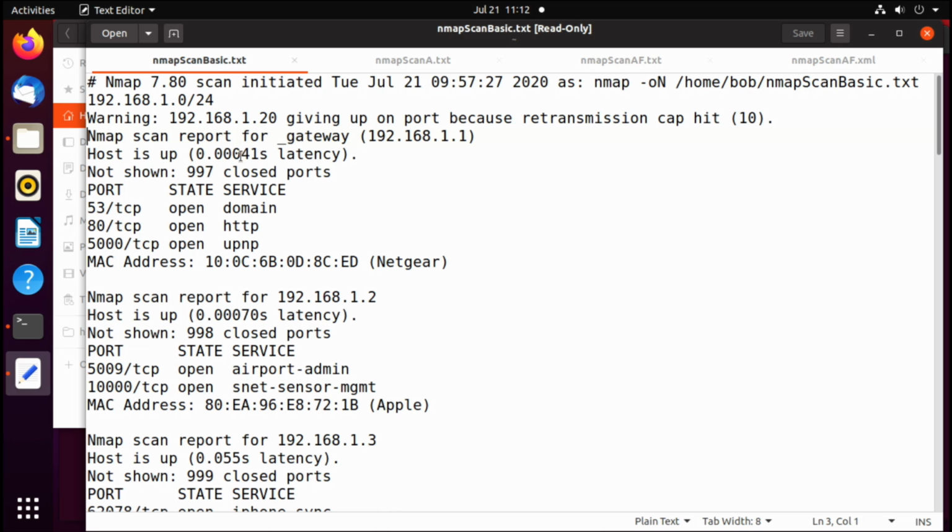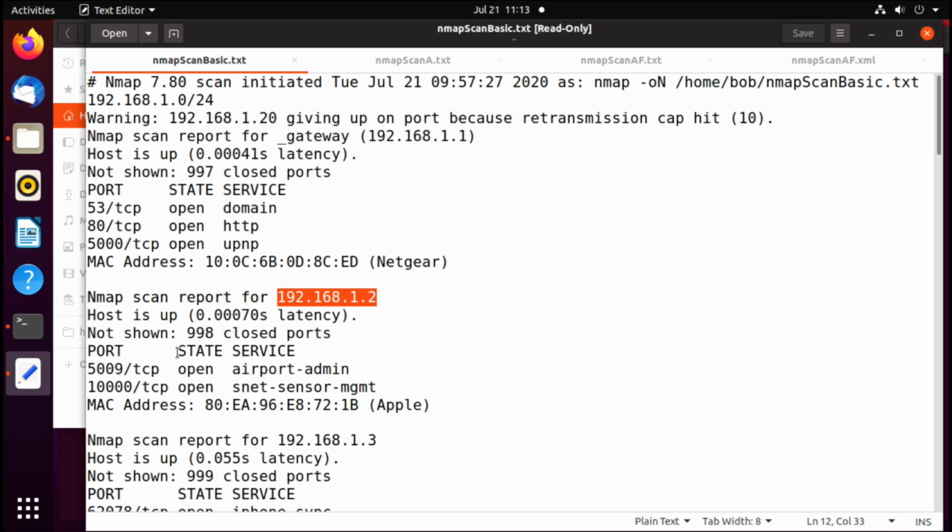What we can see as it goes through, it does a scan. Again, we see 192.168.1.1. That is my router. We can see the different ports that are open here, 53, 85, 000. We can see what the MAC address is, and we can see what the vendor is. It simply goes down to